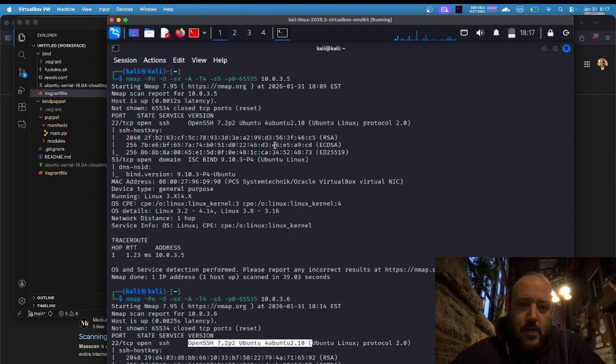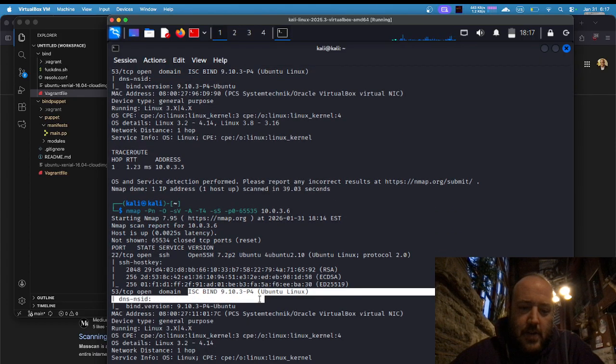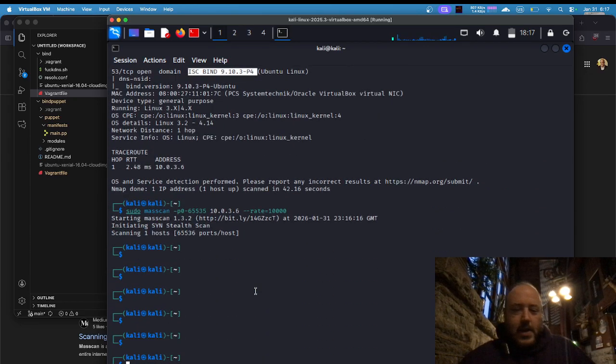Consistent results are on here: OpenSSH 7.2, ISC BIND 9.10.3. Down here we got similarly 9.10.3 for ISC BIND. So we can tell that for all intents and purposes, these two hosts that we have vagrant up are head-to-head in a dead heat. There's no differentiation between the hosts based solely upon what we've done. So the next step would be, of course, to either